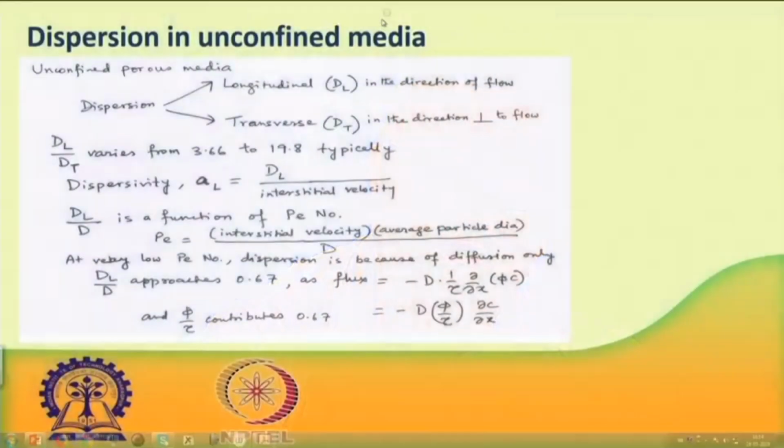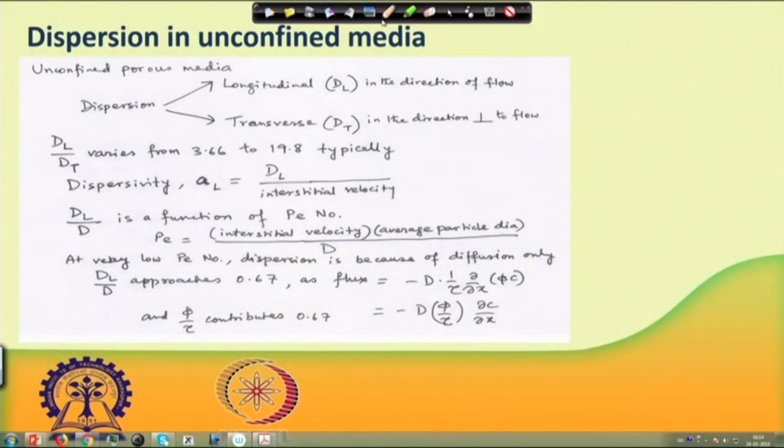So, what we were discussing at the end of the last lecture was the dispersion coefficient in a porous medium. Here, we are going to discuss two different types of dispersion coefficients, because this would be important. So far we have been talking about only unidirectional flow, but once you have an infinite porous medium, then there would be a longitudinal dispersion,